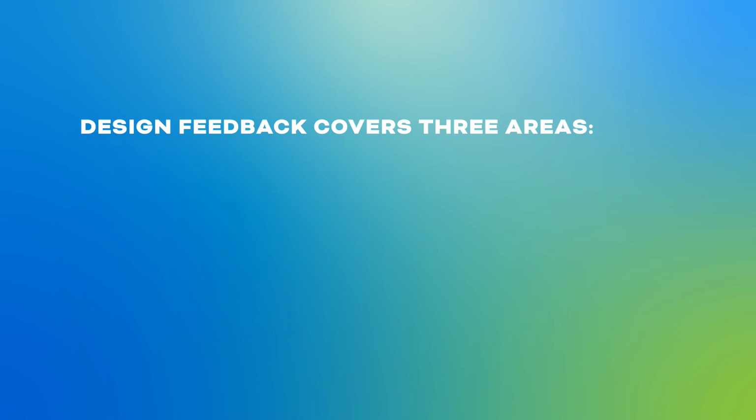When we talk about design feedback, it usually covers three areas of your work. First of all, we're looking at the visual appeal. This is probably the biggest point because the visuals are the first thing you see, obviously. When you present your first draft, you'll often hear comments concerning the typography, the imagery, the color scheme, and the overall composition. Here is where you might hear feedback like, "This looks great, but the colors don't really feel like they're in the same color scheme. If you look into muted colors, I think that will work better for what you're going for."